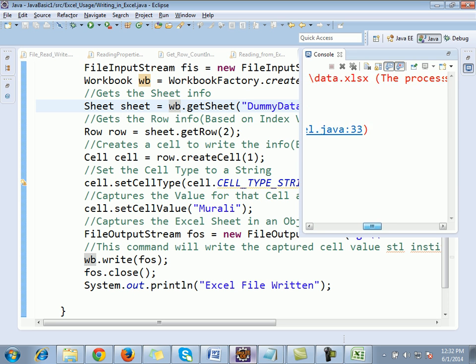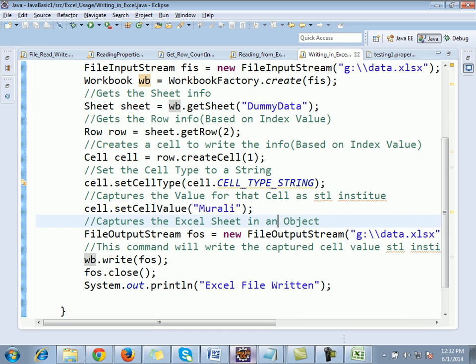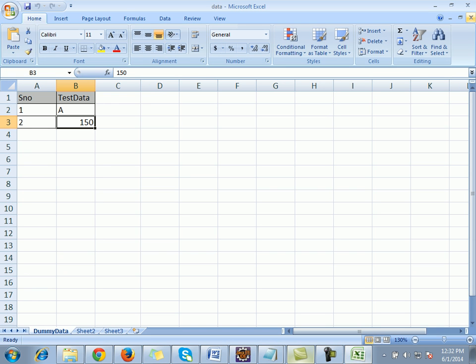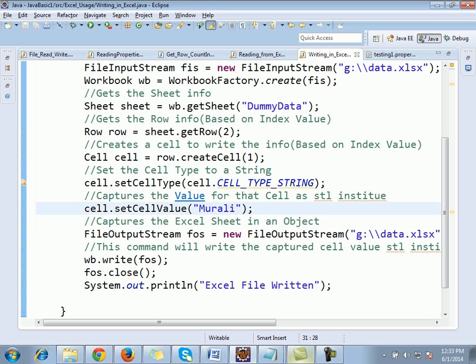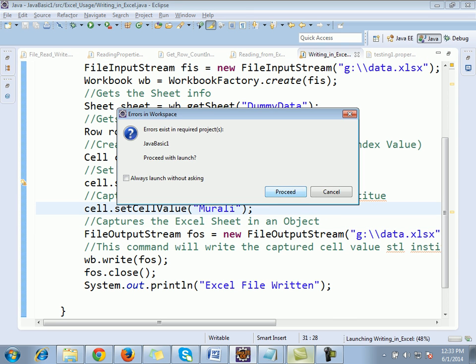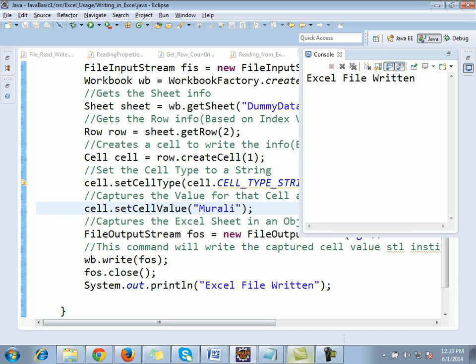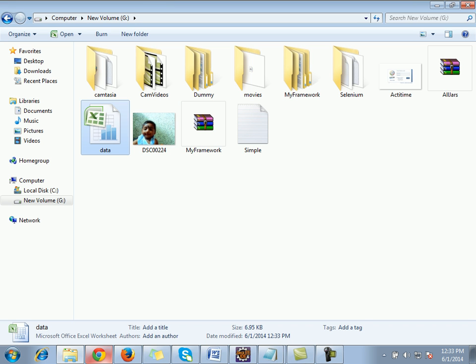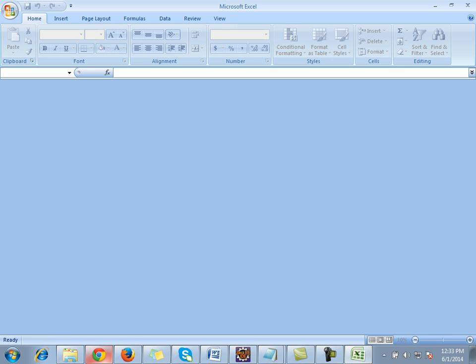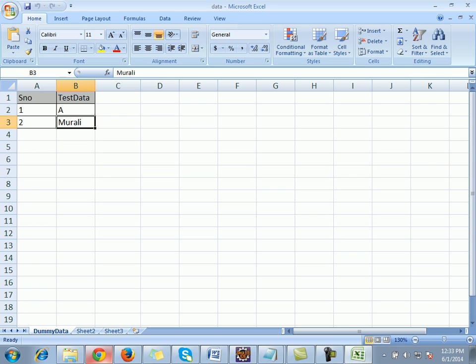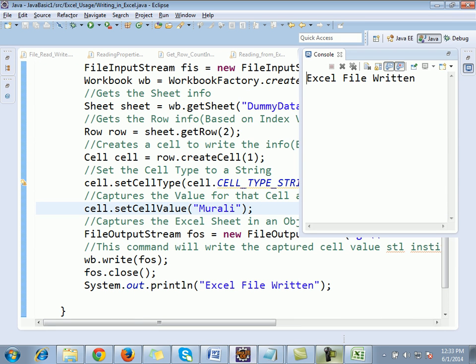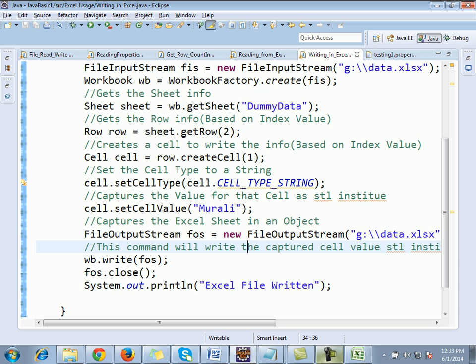Oh sorry, the process cannot access, the file is open right now. I'll close this one and run it again. File is written. It's written, Murali. So this is what's about your file information. Right now I'll just